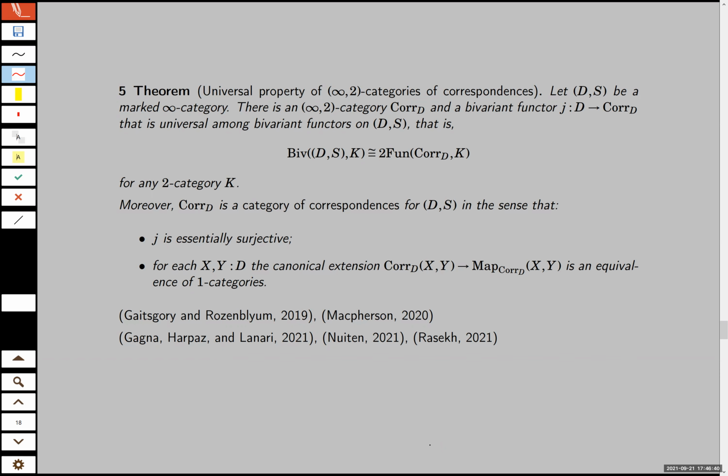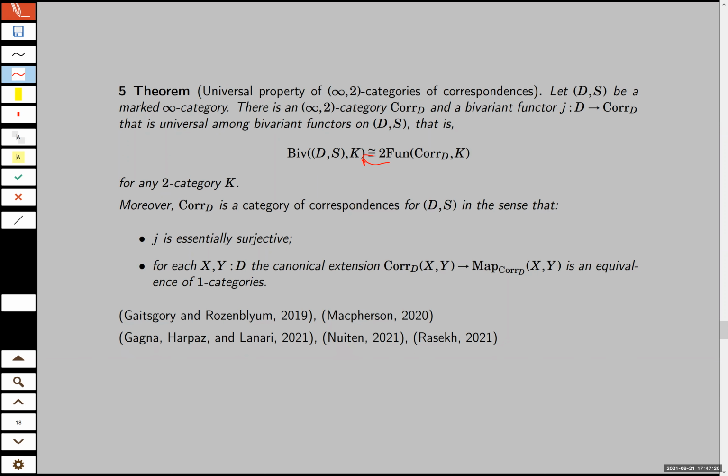Right, so the statement is that there is an infinity two category core D. I've given it the suggestive name of the thing I was talking about for the rest of the previous part of the talk, but in fact I'm defining it in this theorem, such that there is an inclusion of D into core D such that the restriction along J, that's what this map is. The natural obvious map goes this way, and its restriction is just composition with J, and gives an equivalence between these functor categories.